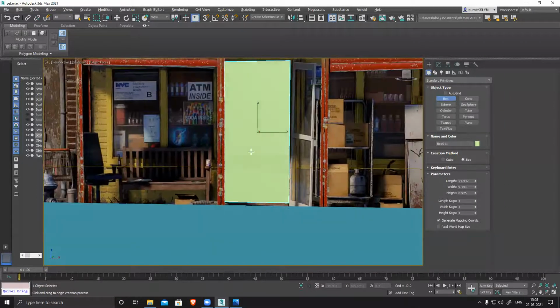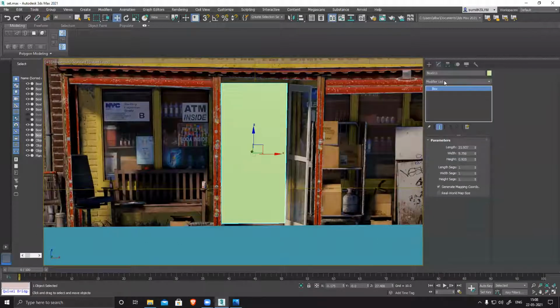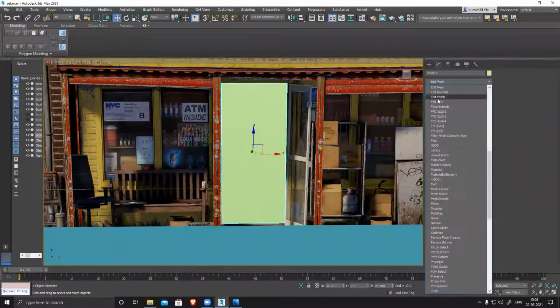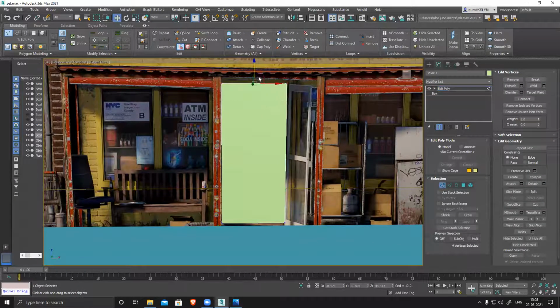Perspective, you can see now almost the same size, not exactly, slightly have to modify. Edit mode, you can see here clearly. Length and width, match it properly.